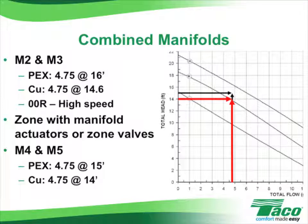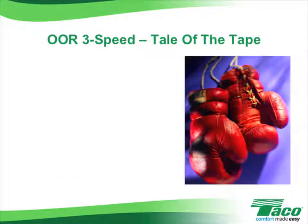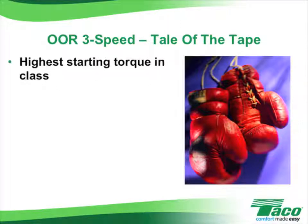In the final analysis, when it comes to circulator sizing for this sample job, we could use a variety of 008s, 0014s, and 007s, or we could use anywhere from 4 to 6 00Rs and simply select the correct speed for each manifold. Here's the tale of the tape of the 00R 3-speed. First, the 00R has the highest starting torque of any 3-speed circulator available. What does this do for you? Well, starting torque is what keeps a